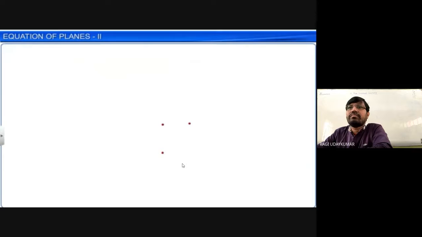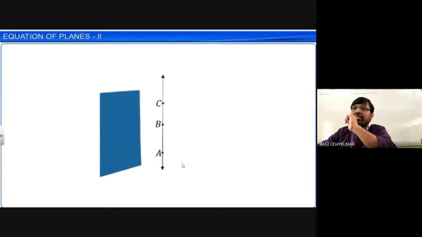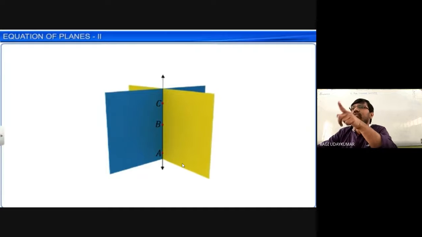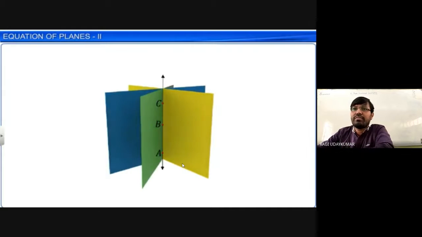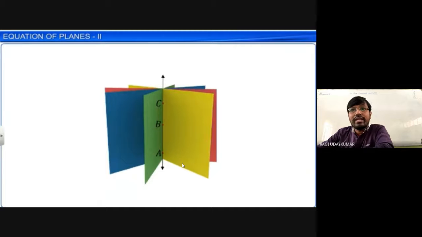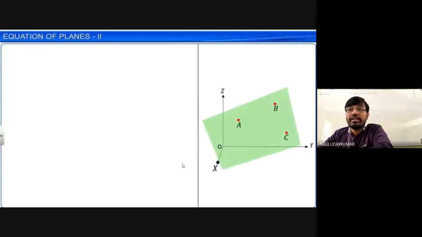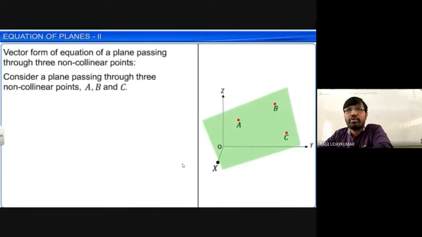This is the equation of a plane perpendicular to the given normal and passing through a single point. Now we are going to find the equation of a plane passing through 3 points. If you take 3 collinear points, infinitely many planes pass through them. 3 collinear points means the 3 points lie on the same line. That's why non-collinear points should be taken to determine the plane; the 3 points should not be collinear.